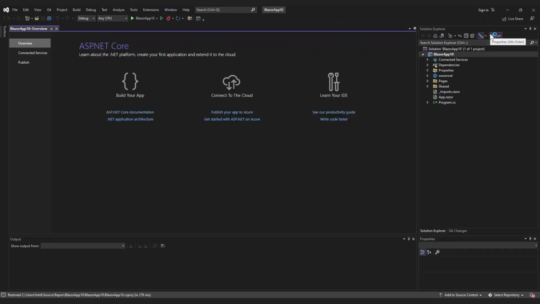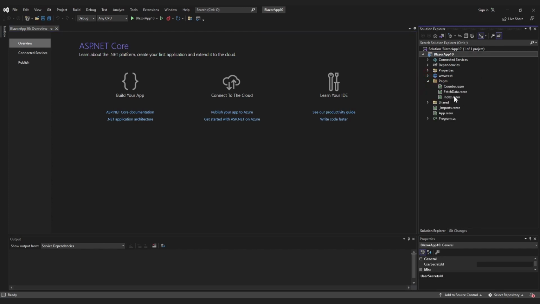When you start a new project using the Blazor WebAssembly template, it comes pre-installed with some files and folders, which you can see here in the Solution Explorer. It also comes pre-installed with 3 pages to highlight some of the features of Blazor, which we're going to take a look at now. Make sure that you've got the option selected with whatever you've named your project. So I didn't change the name, so we've got Blazor App 10. Make sure that is selected. The web browser, you're probably going to want to have Google Chrome or Microsoft Edge selected, and then run the application.